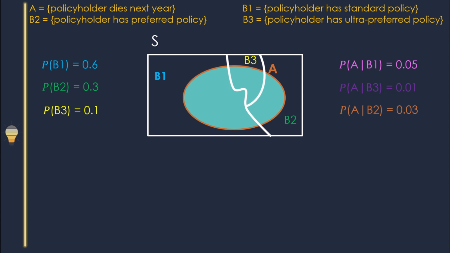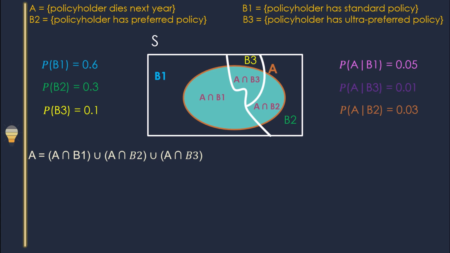Now you see there are 3 parts of A. What are these? A intersection B1, A intersection B2, A intersection B3. We can write A as (A ∩ B1) ∪ (A ∩ B2) ∪ (A ∩ B3), and keep in mind these 3